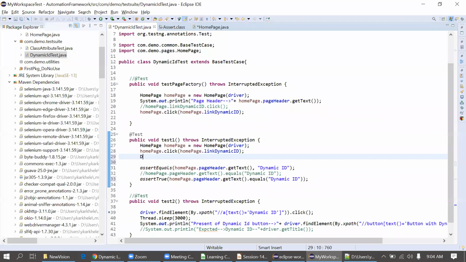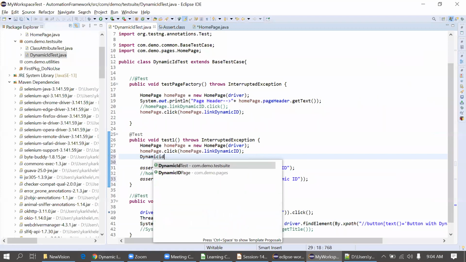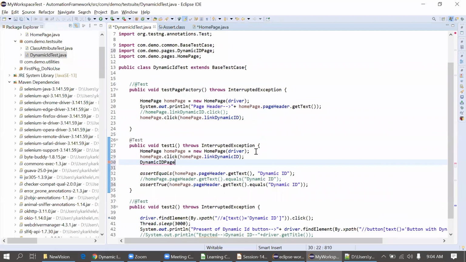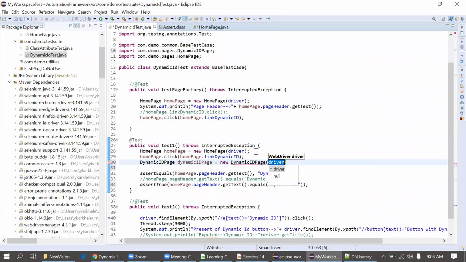I'll create an object of the dynamic ID page. Yes, this one: dynamic ID page equal to new dynamic ID page. Again it's asking for the driver, that's fine.